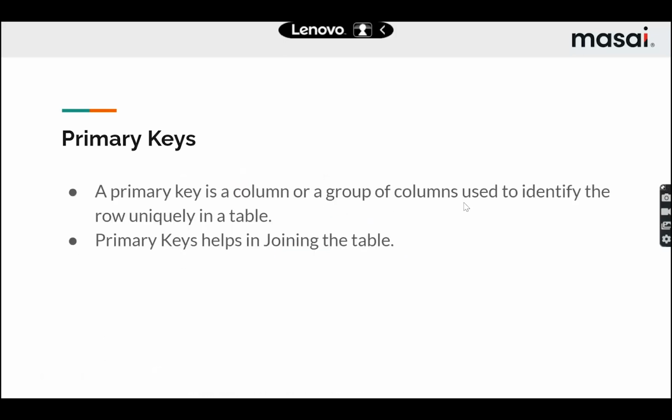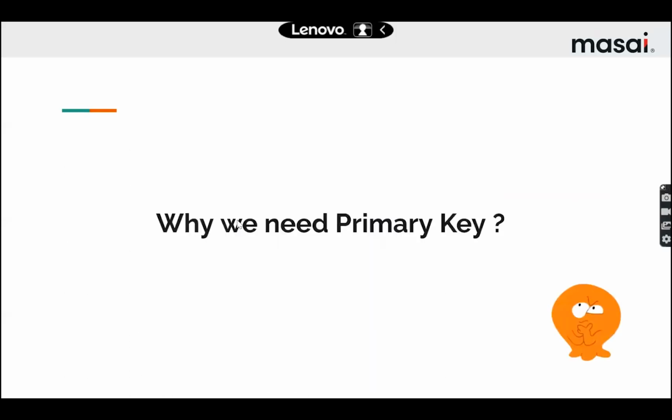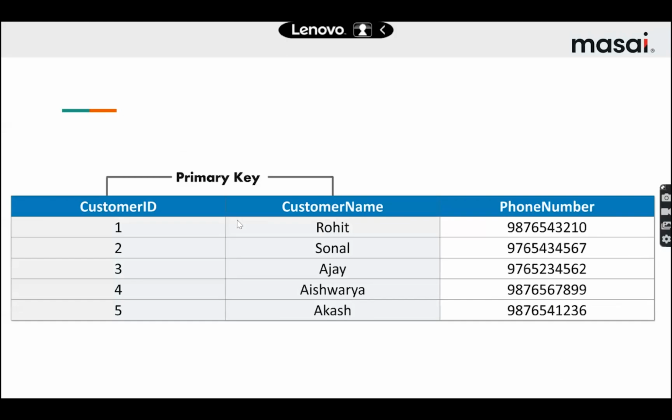A primary key is a column or group of columns used to identify a row uniquely in a table. So that's it. But why do we need a primary key? Why do we need a primary key? The reason is that if I'm storing some information in my database,